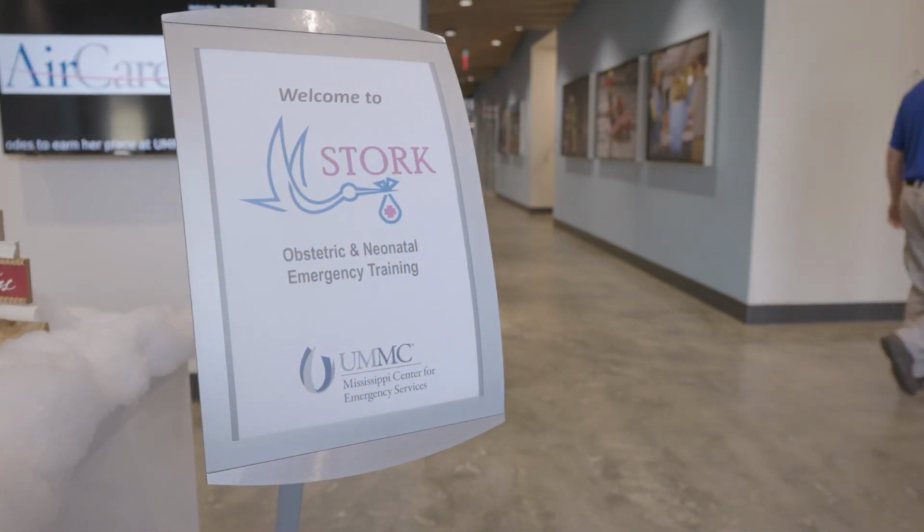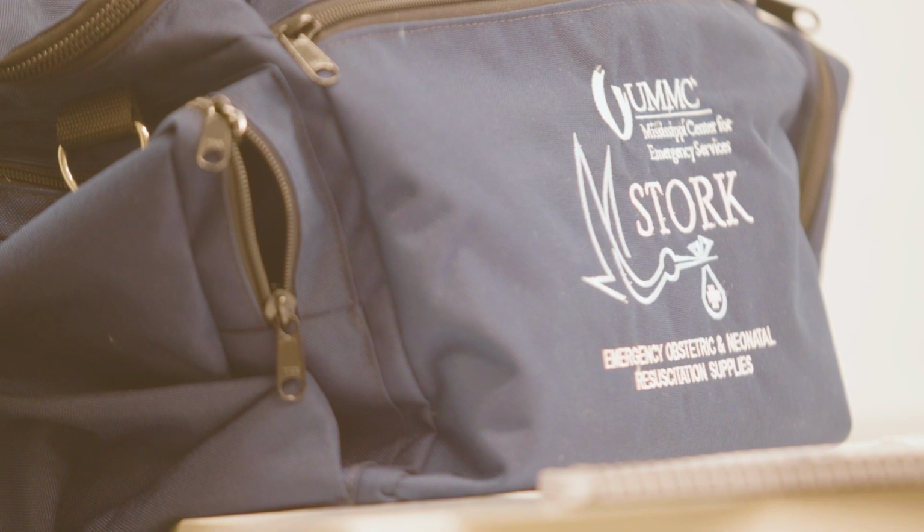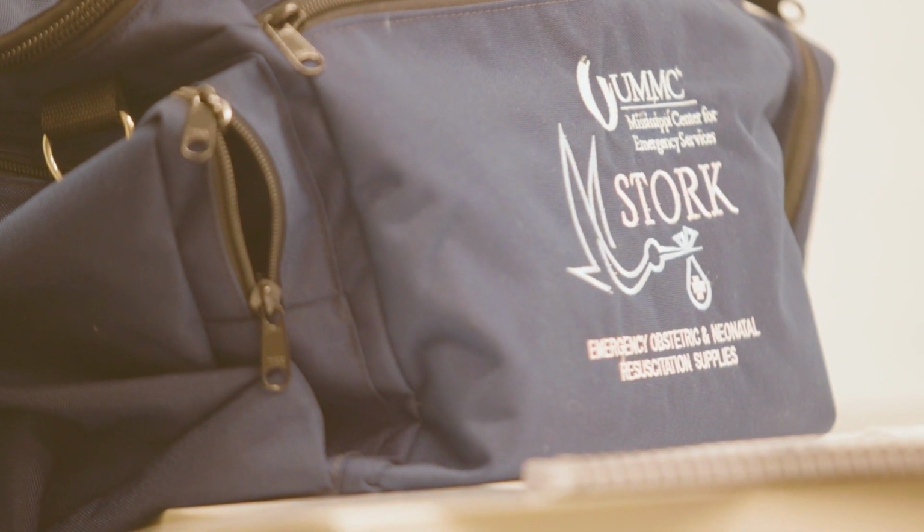The program was designed to address obstetric and neonatal emergencies that happen in rural hospitals, small community hospitals. Moms and babies are very vulnerable. There's a lot of mortality. There's a lot of comorbidities with babies being born. What this program is trying to do is get those smaller hospitals who don't have any training and don't have